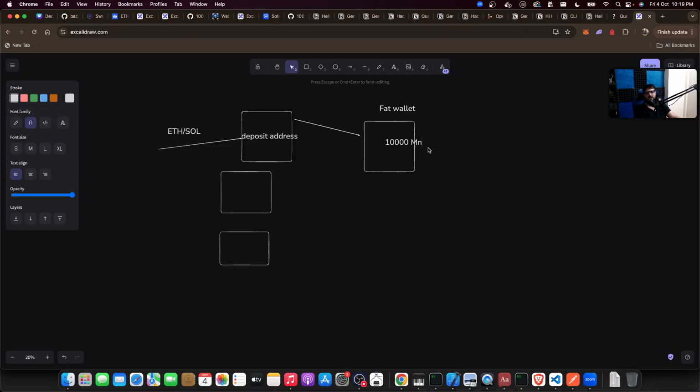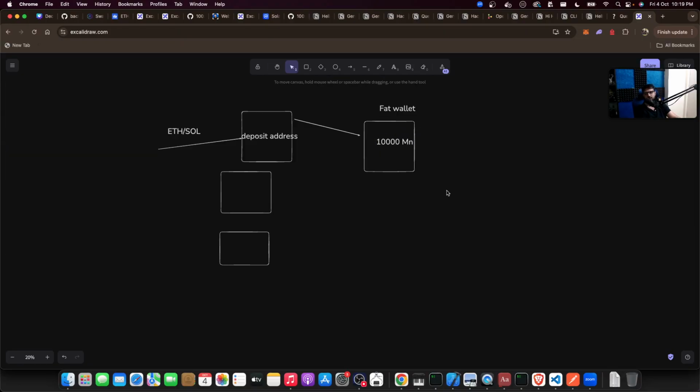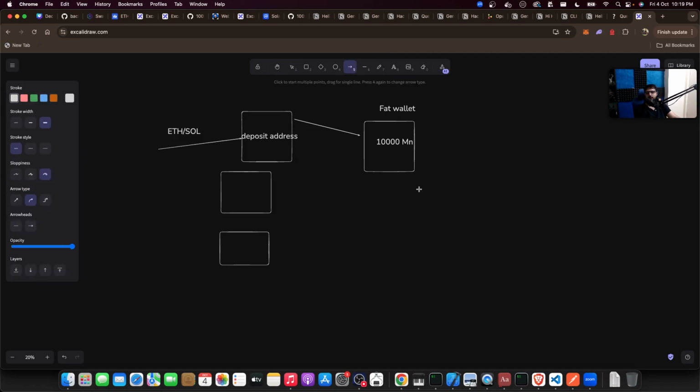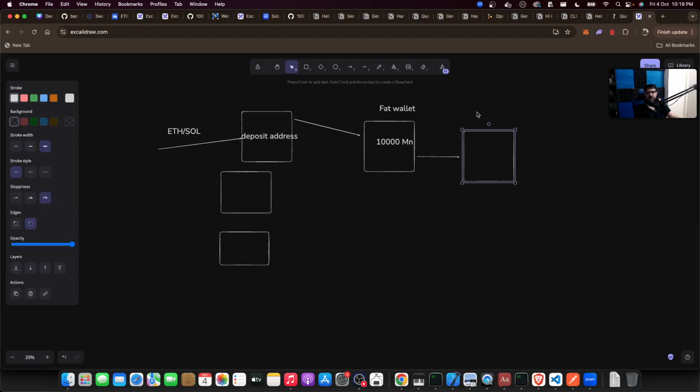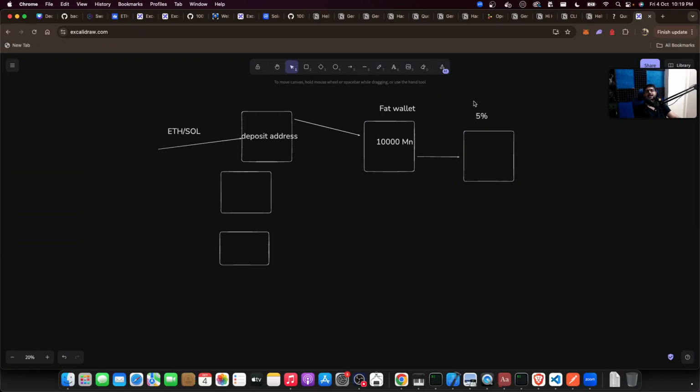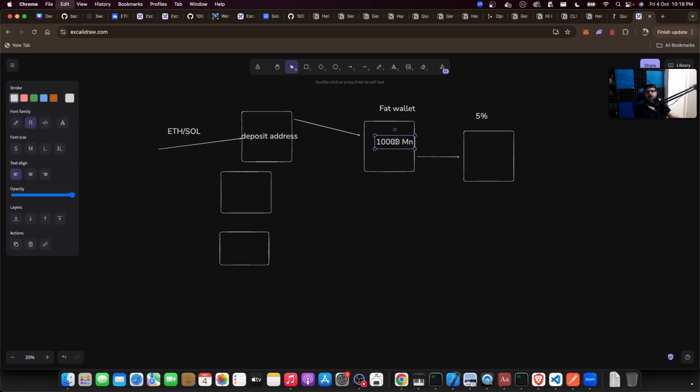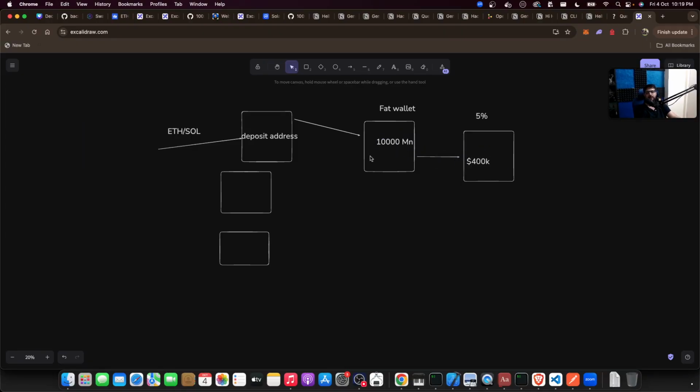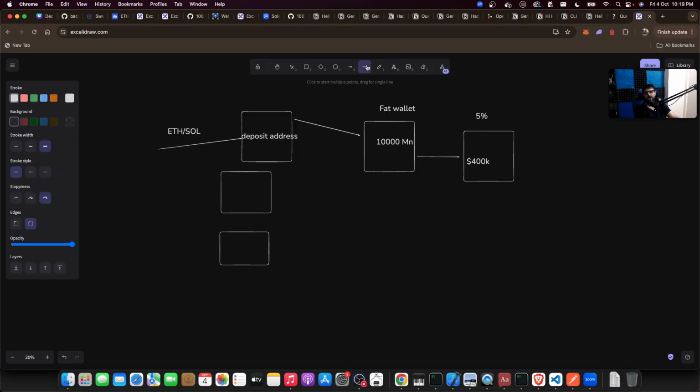$100 million, let's say. This is the thing that got hacked for DEX. And whenever you withdraw money, usually from here, the fat wallet, there's another wallet which has 5% of your funds. Surprisingly, this did not get hacked. Their withdrawal wallet still had some 400K in it. From time to time, you take money from the fat wallet and put it here, and this is from where the withdrawals happen. So if someone wants to come to your exchange and withdraw money, they withdraw it from this